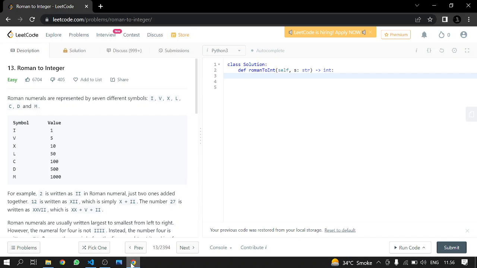Hey everyone, today we'll be doing another Leetcode problem 13, Roman to integer. This is an easy problem and also with a decent amount of likes. This is very easy, like adding a bunch of numbers is very easy, but the problem